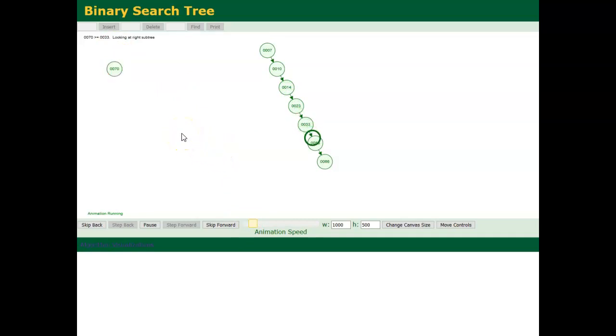But all it's doing is making the comparison. If it's greater, it goes to the right subtree. If it's less than, it goes to the left. And of course, you know where 80 is going to go. So if you had to search for